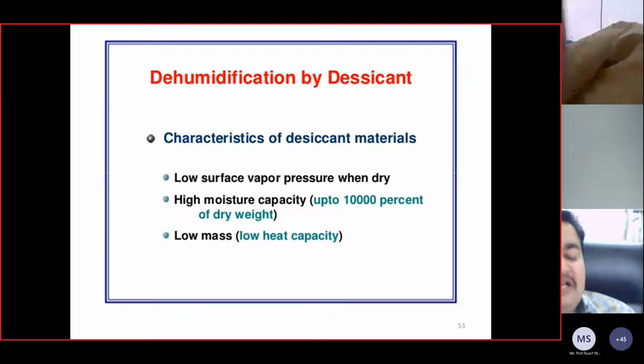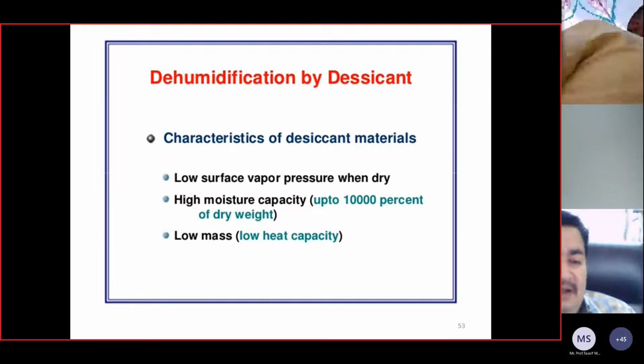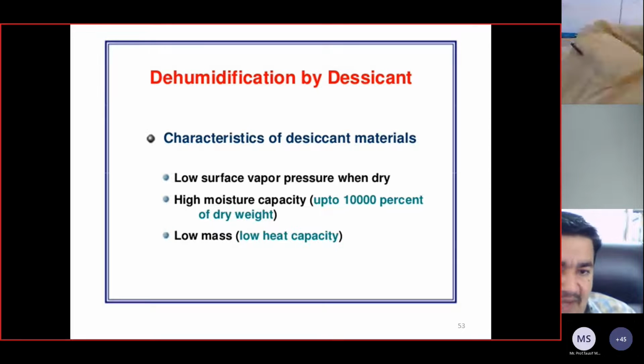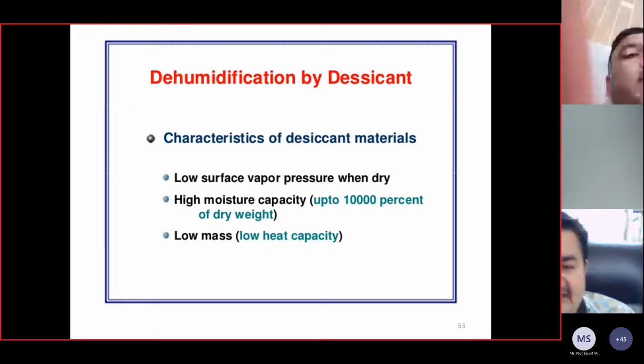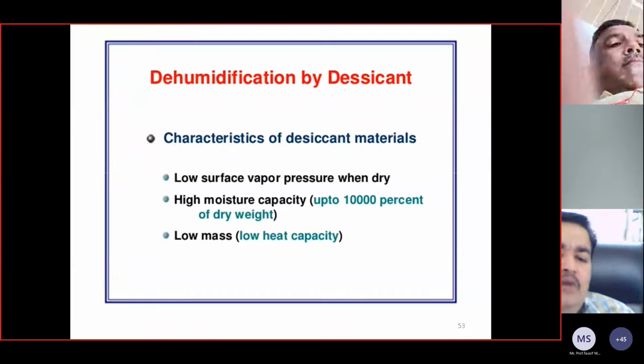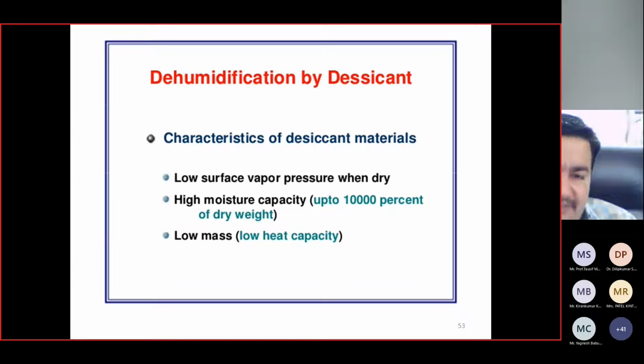So there is a transmission of moisture from the air to the desiccant surface because of the pressure difference, naturally by Dalton's law. So the moisture from the air is absorbed by the desiccant material under its dry condition. Whenever the conditions become saturated, no more moisture can be absorbed by the surface. At that time you need to regenerate it.